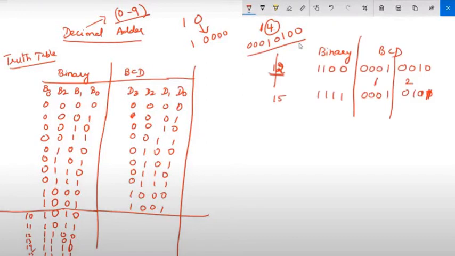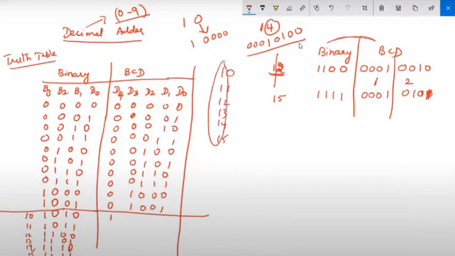So till 9, what happens? Your binary and the BCD number will remain the same, right? After 9, when two digits arise from 10 to 15, we can't write the BCD number in 4 bits. Instead we are going to write it as 5 bits. So let me write the fifth, most significant bit as D4, right? So D4 will be 0, right? Once after 9, from 10, D4 will be 1, because after 9 comes 10, 11, 12, 13, 14 and 15, and what about the most significant bit? It's going to be 1, right? So from 10 to 15 your D4 will be 1.